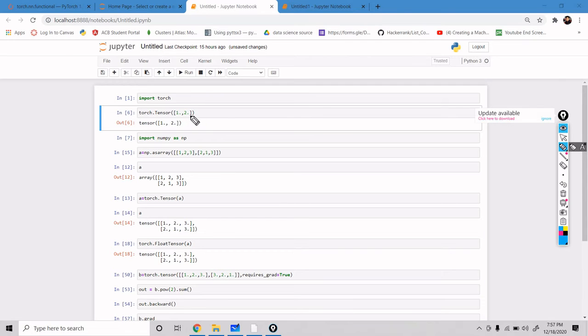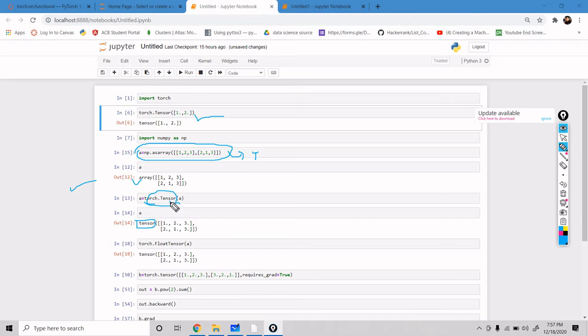This is one method to make tensors. What if we have some numpy arrays in our data and I want to use PyTorch? I have to convert them into tensors first. To do that we have torch.tensor, which will convert our array into tensors. After that, we can use PyTorch.